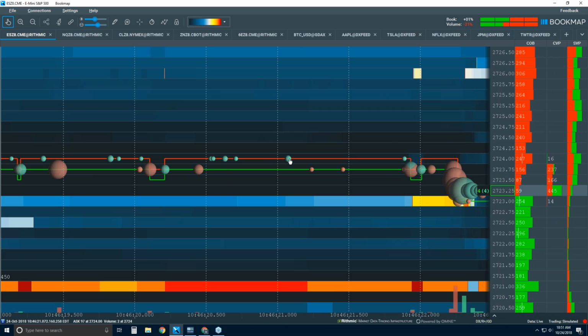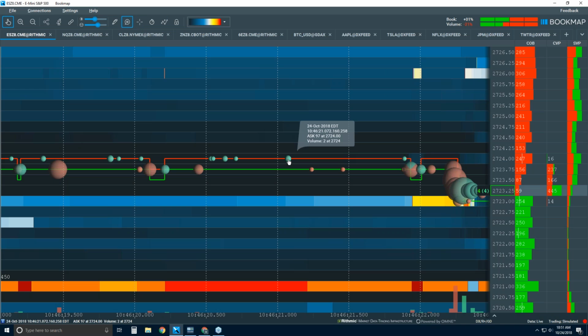They crossed the spread, they paid up for it. They took liquidity, they didn't provide it, they didn't wait. It's a market buy order, and they took liquidity off of the best ask. Okay, and then the red dot is the opposite, it's a market sell order. Now you can see the size of these dots refers to the amount that was traded. You can use the data tip tool here if you want the precise